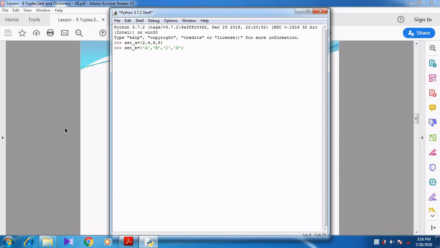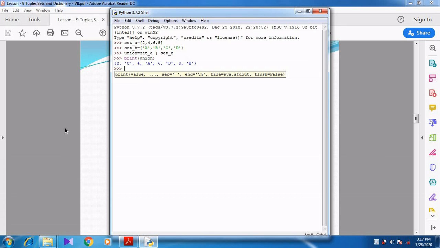In curly braces. So now I am going to do the set operation union. So union is equal to set_A, pipe symbol, see here I have given a space, set_B. Now I am going to print the union.